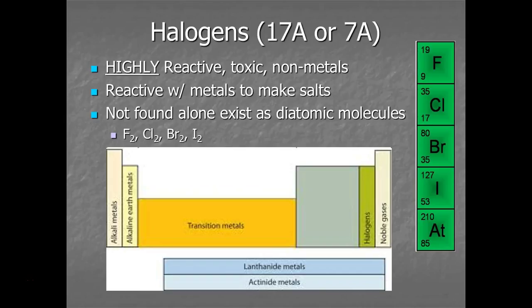And the other thing is we find them as diatomic elements. So when you find them in nature, you don't find them as single atoms, but as multiple atoms bound together, and so they travel in little pairs. When you find fluorine, it's two little fluorine atoms bound together, and chlorine is two little chlorine atoms bound together, and so you don't tend to find them as single atoms. You find them in pairs like this.